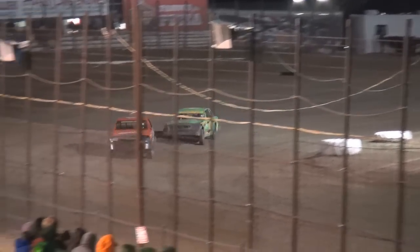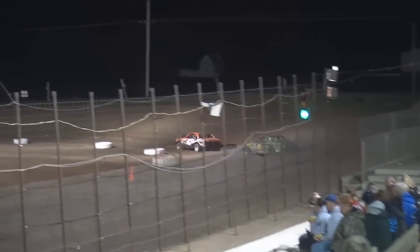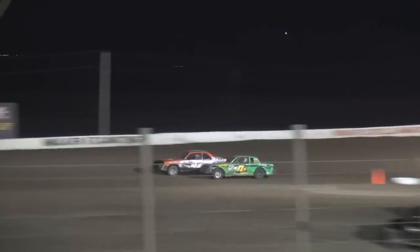Picked up a feature win a week ago. Is he going to make it two in a row? Is he going to be looking on the inside of Meissner down the front straightaway? Side by side as we go into turn 1. So it's Connor Meissner with the lead, but not to be outdone, here comes the Green Ox of Tyler Clark, looking on the inside of Meissner as we're drag racing down the